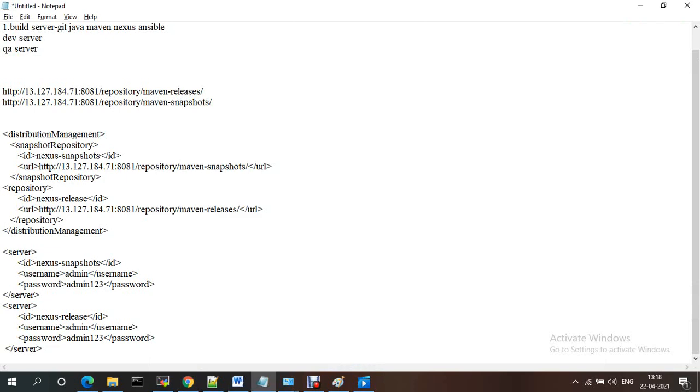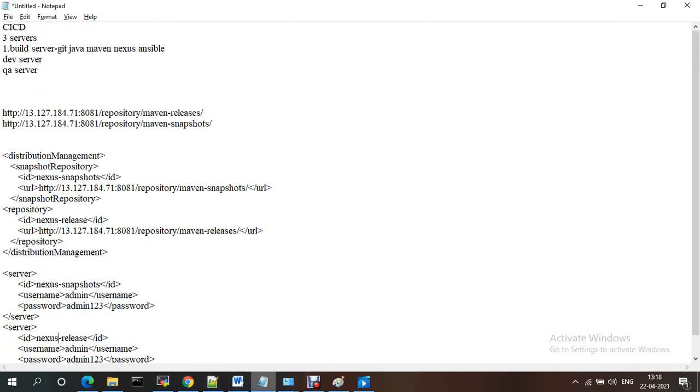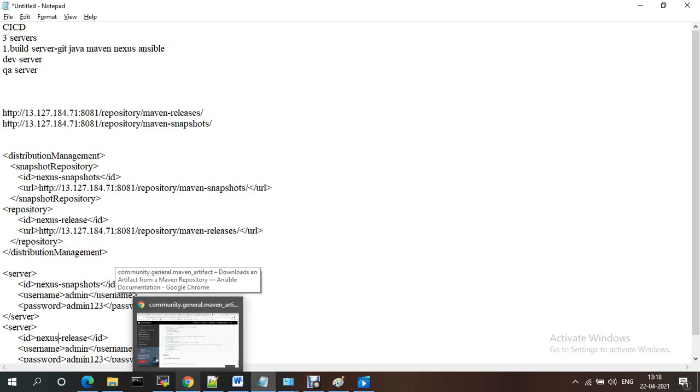I will show you what details you need to pass for maven_artifact: the URL, repository details, everything.